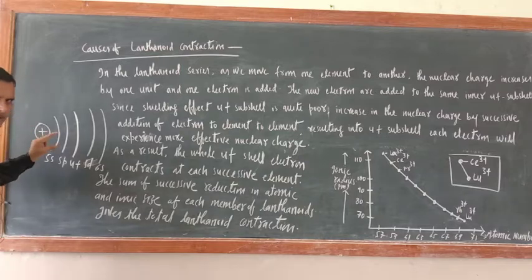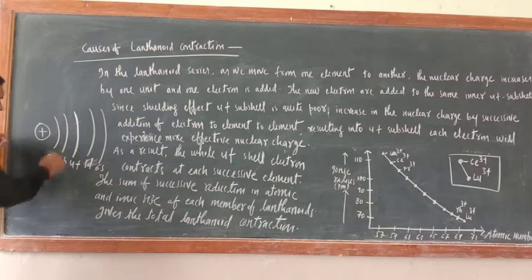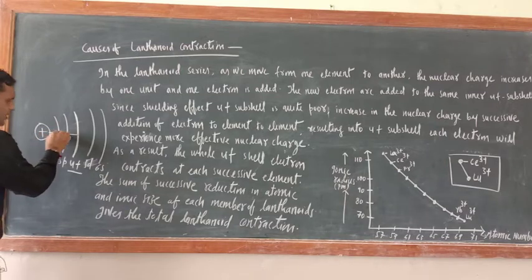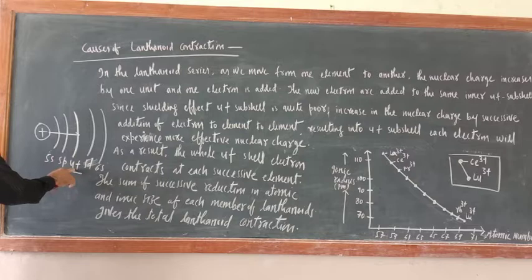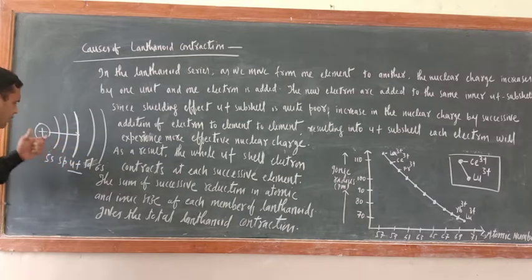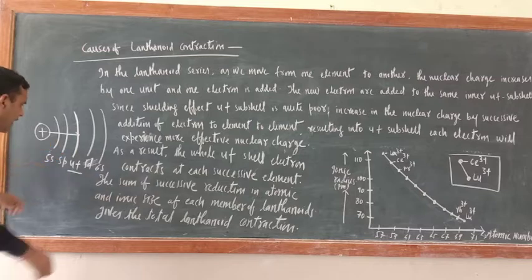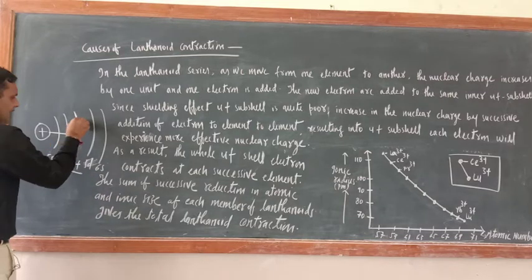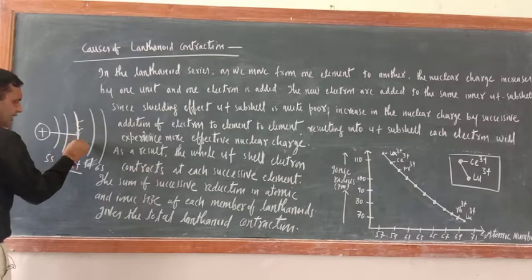So with the addition of each electron in successive element, nuclear charge will increase. So this nuclear charge, since the shielding effect of 4f subshell is poor, will go here, to 4f. It will go or not? Now try to understand. So nuclear charge is increasing. Now electron is entered into the same inner shell. So now in 4f, electrons are there or not?